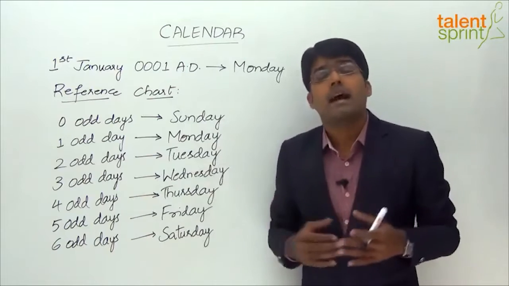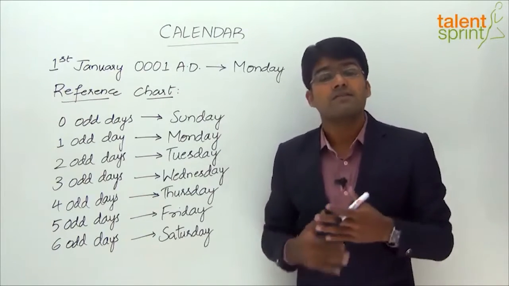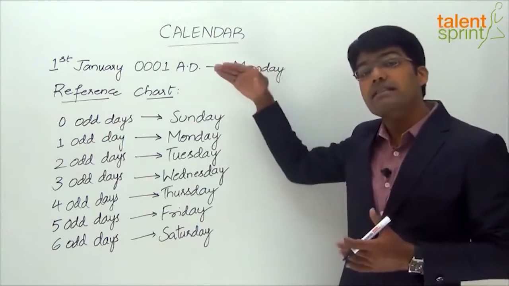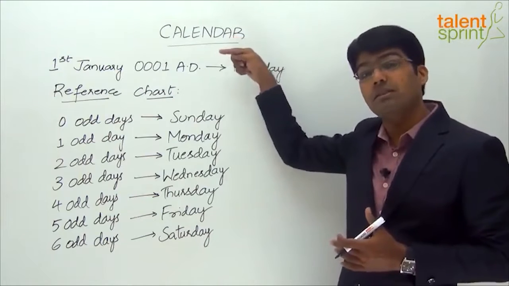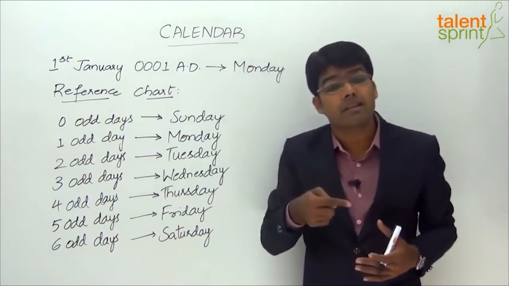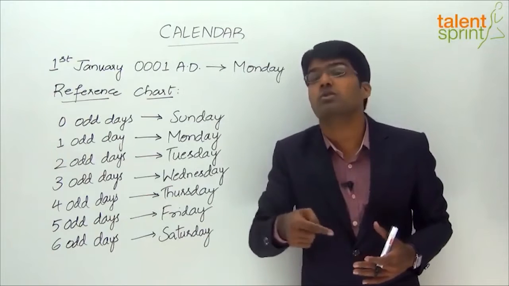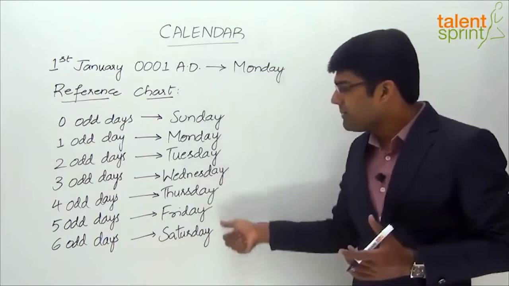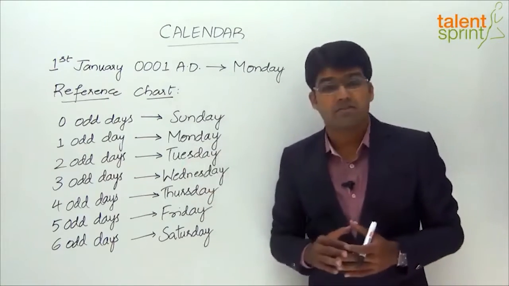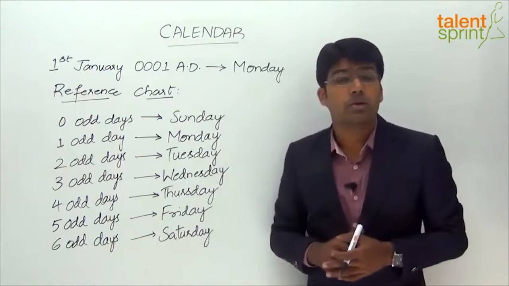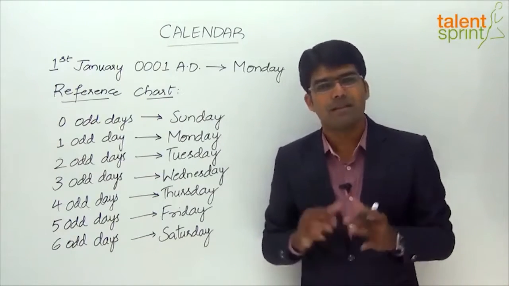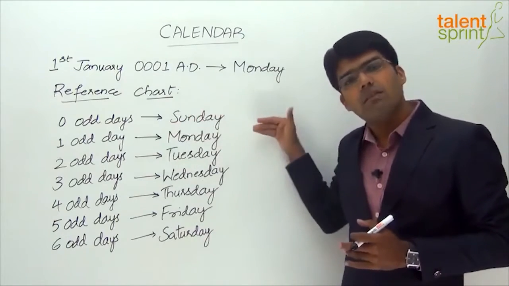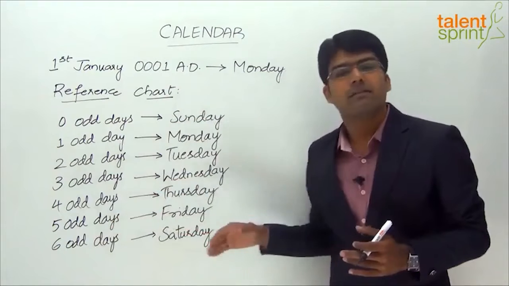Let's say I have to find out what day will be 1st of May 2014. Now, if I can calculate the number of odd days from that first Sunday, the 0th day, up to 1st of May 2014, I can find out the day of the week. So based on the number of odd days, we can pick up the day accordingly from the given reference chart. This is an important part that you need to remember: 0 odd days is a Sunday, 1 odd day is a Monday, 2 odd days will be Tuesday, and so on up to 6 odd days, which will give us a Saturday.